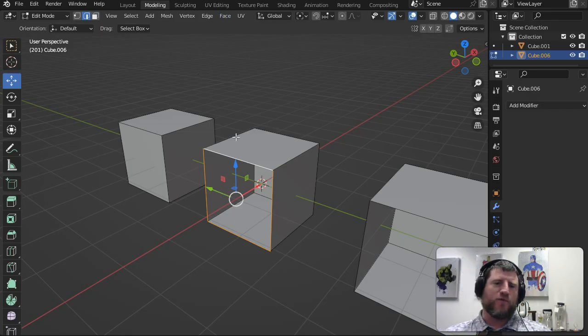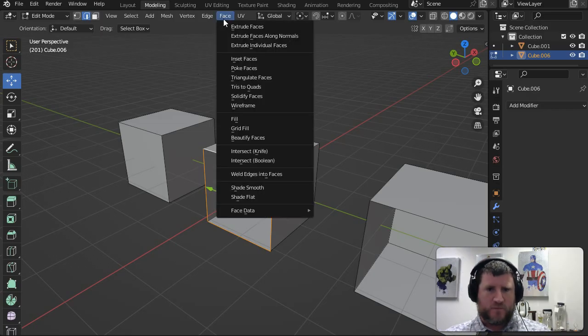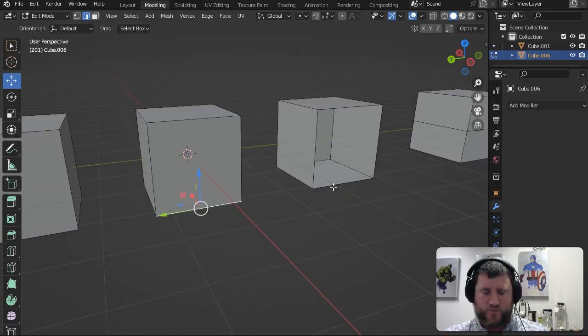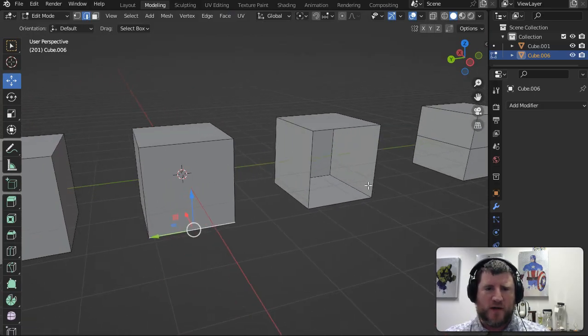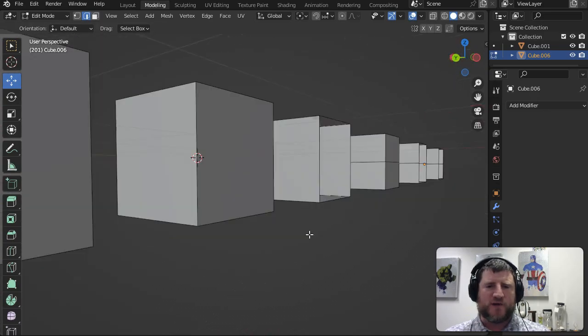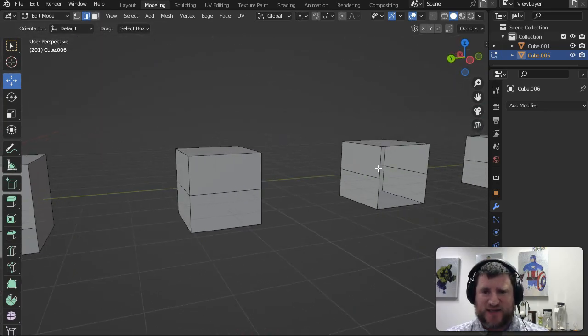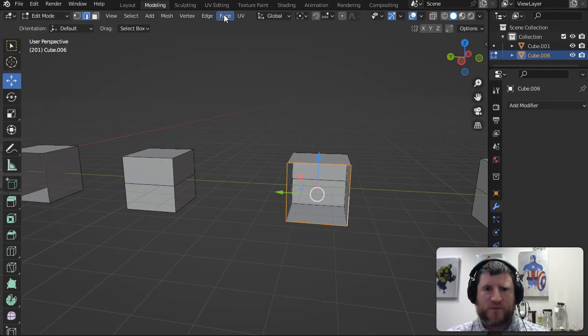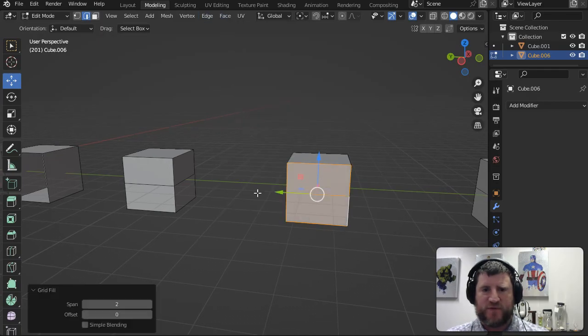But if you select all 4 edges and come up to face and then use a grid fill, then it's just going to try to put a face in where you had it before, or in the hole. It's just going to try to fill it. So if we come back to here, I can select all 6 of these, face, grid fill,